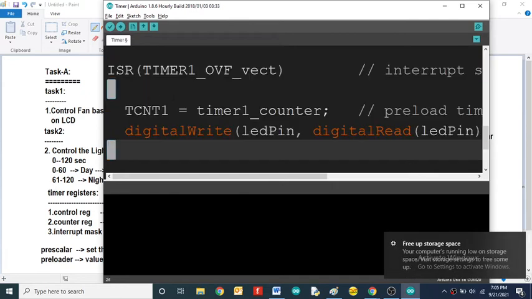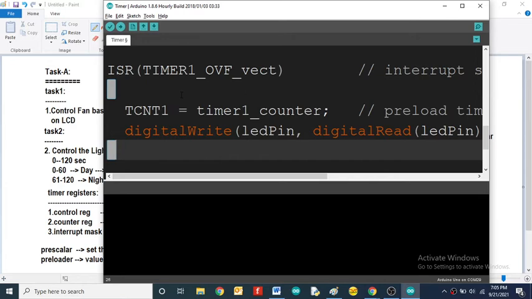In the previous class, we had a discussion about the interrupt concept. When an external interrupt occurs, we create our own functions, like blinking an LED on, LED off. Like that, here we are using an internal ISR.